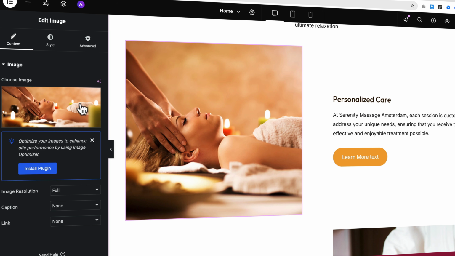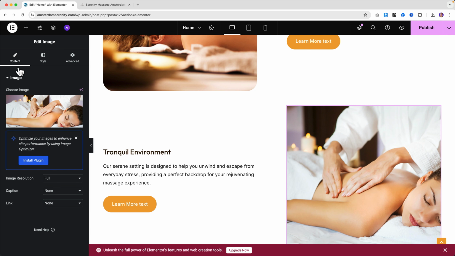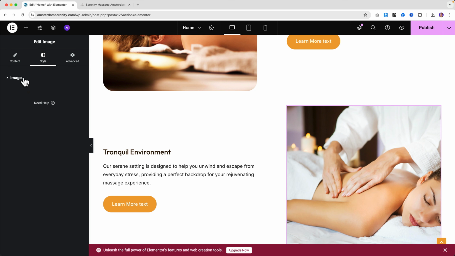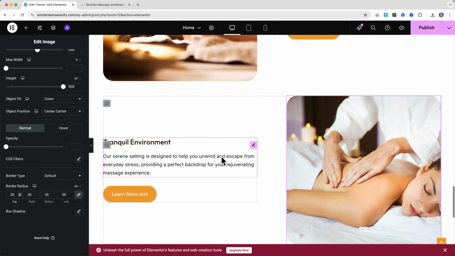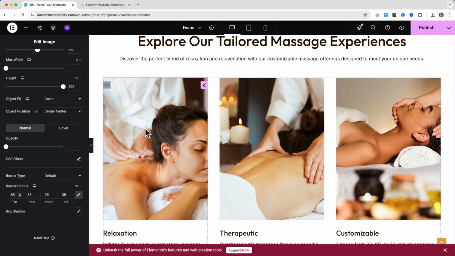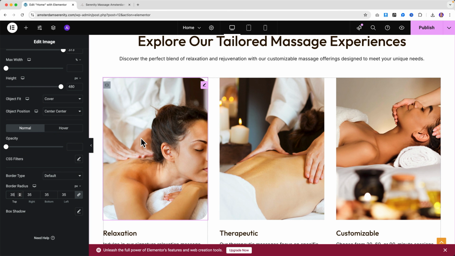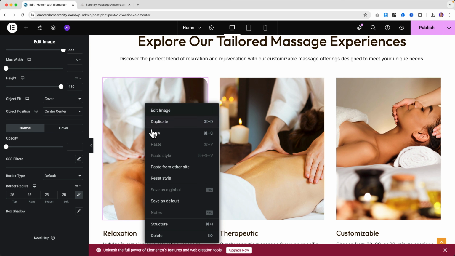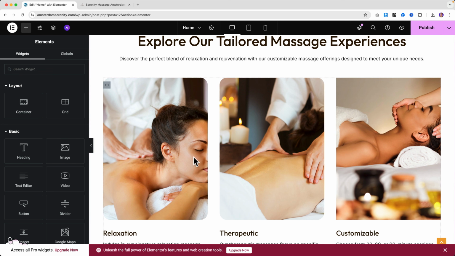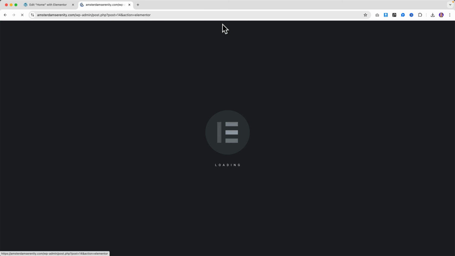As I said, I like rounding, so I can do that over here. Border radius 25 over here. And I should maintain that style on the whole website. I can do it over here. 25, and what I can do now, oh, I said 35 now. 25, if I like it, I can say right mouse click, copy, right mouse click, paste style, right mouse click, paste style. So I can go to all the images on all pages, edit with Elementor,